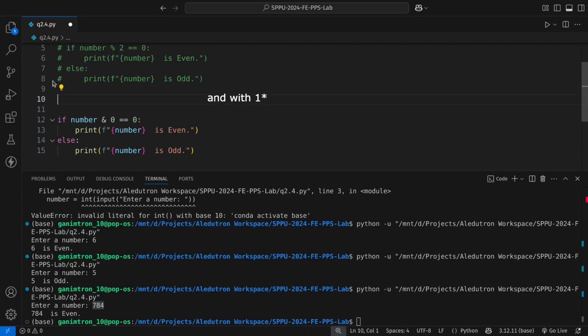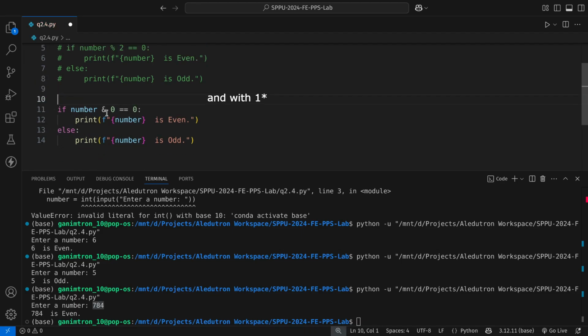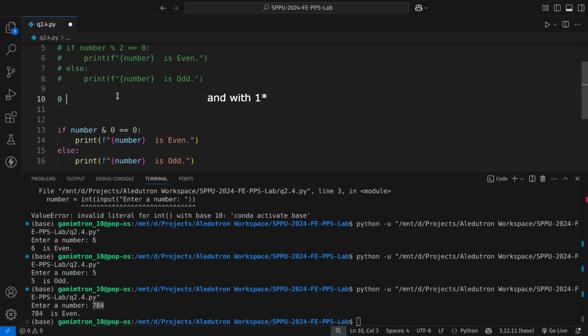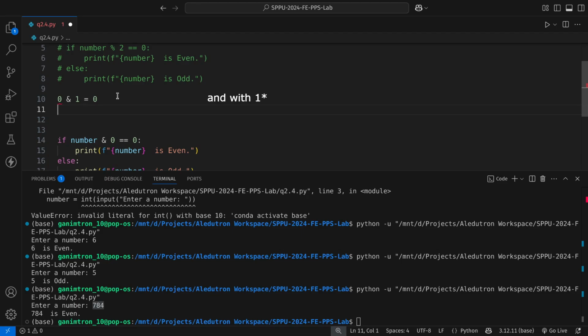So what we can do is use a bitwise operator to directly AND with 1. If the last value is 0 and we AND it with 1, we get 0, which is basically even. If it is 1 and we AND it with 1, then it returns 1.